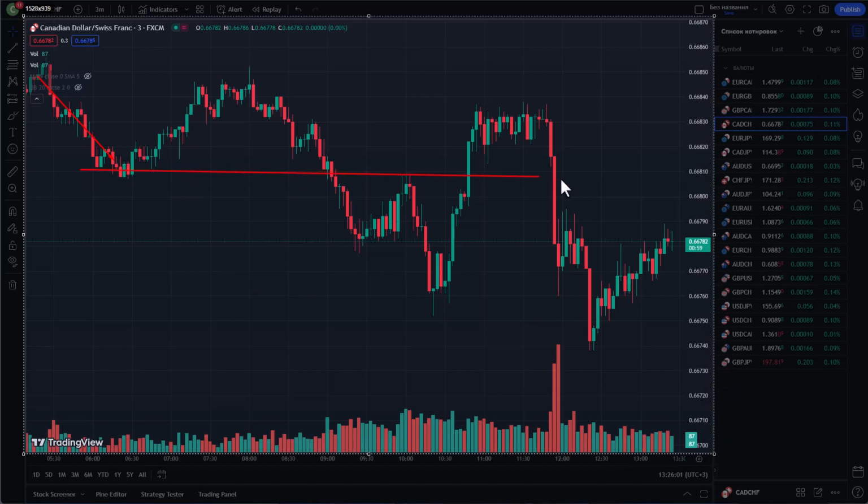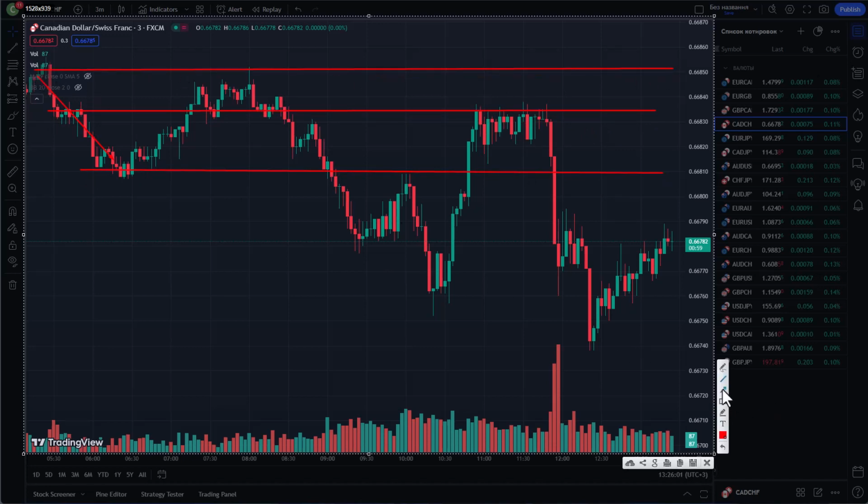To begin with, I will note the main levels, and from them we will choose the strong ones. We can talk about the global downtrend, so we'll look at the decline and the setting of new lows. The strong decline started with the growth of activity and the increase of trading volumes, and here we can fix the price minimum as well as the global support level. After that, the price recovered to the previous level on the exhaustion of sellers' forces, but the buyers' forces were not enough and the price continued to fall.